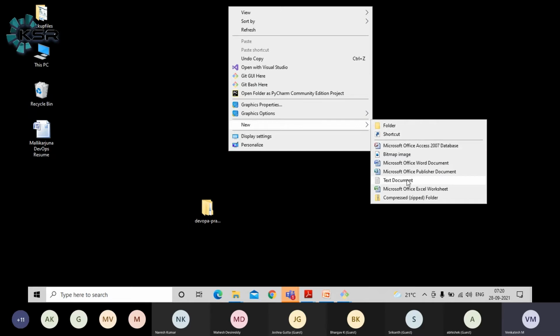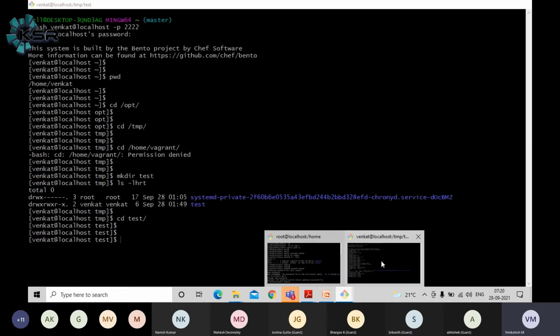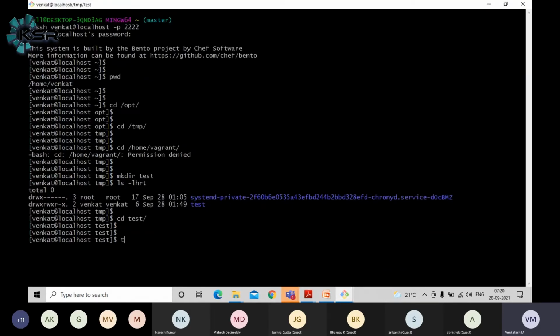Similarly, when you click on the text, it will create an empty file. Just like that in Linux also, to create any empty file, what you can do immediately is use a command called touch. So you touch test.txt. When you fire up this command, you are going to see the test.txt. If you can see, this is empty, no data within the file. Like this, you can create a file, guys, in Linux.